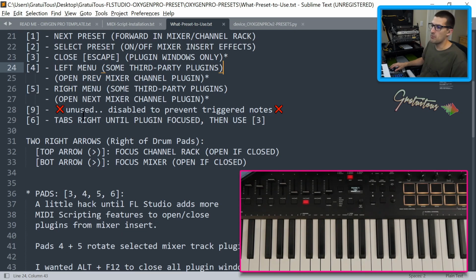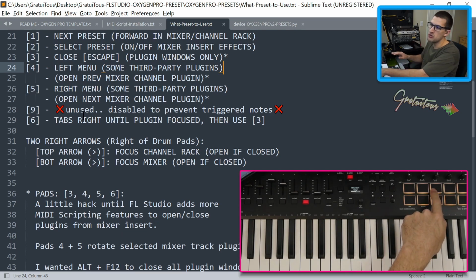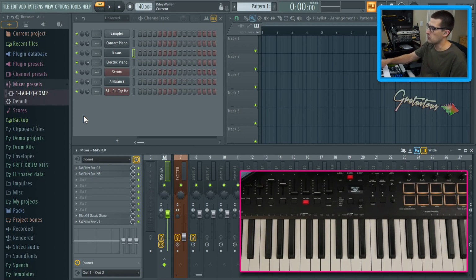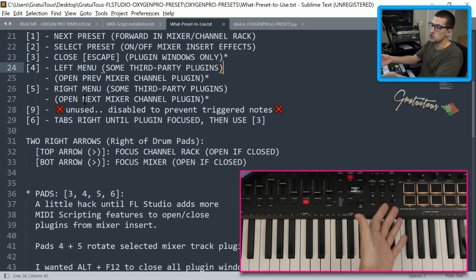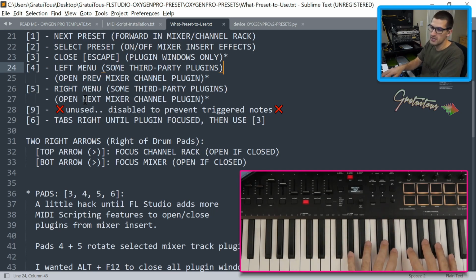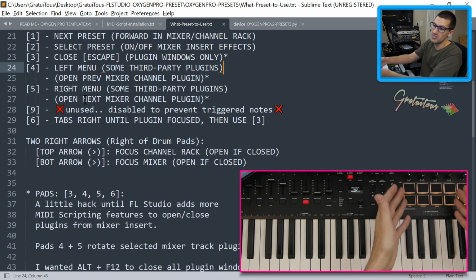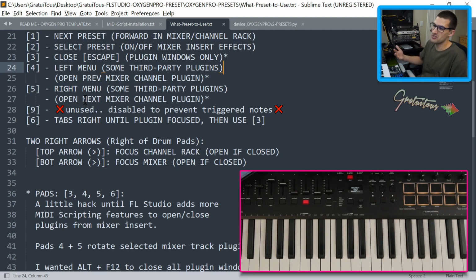And then number 9, which is this one right here, it's just unused. The reason I set that up is because sometimes I'd hit it and it would play a note, and sometimes it was just kind of annoying. So I totally just disabled this button. Okay. And again, I don't use drum pads for making beats. I use my keys and I like the transport buttons. And then I thought, well, we could just use these drum pads as navigation, which is kind of working